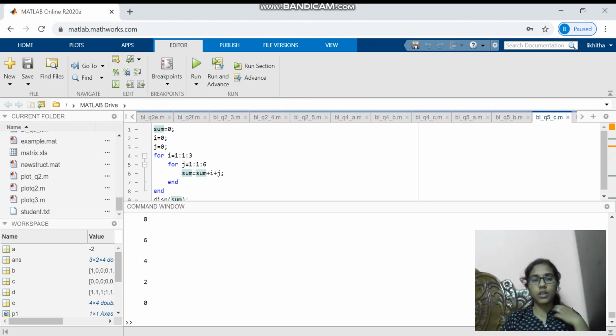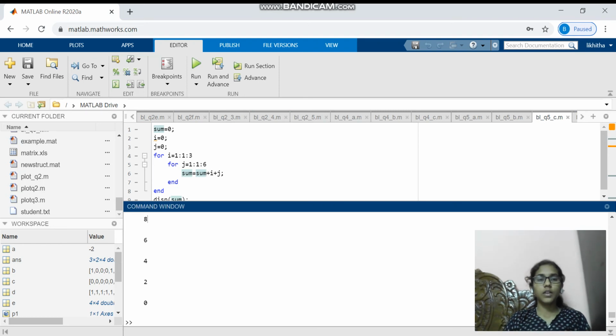Next, for loop, nested loop. Here we are going to take n. We are going to take i equal to 1 to 3 and j equal to 1 to 6. Sum as 0. 1 plus 1.